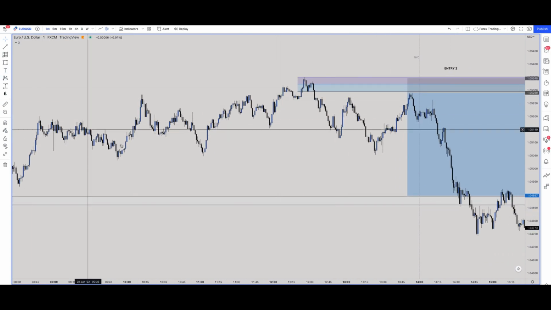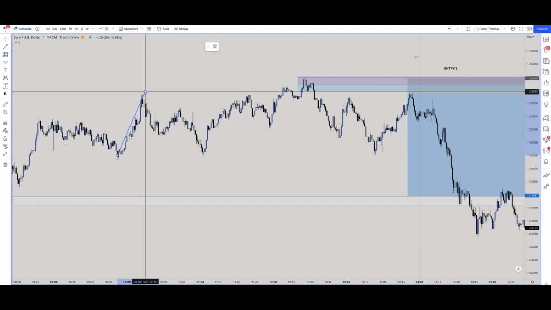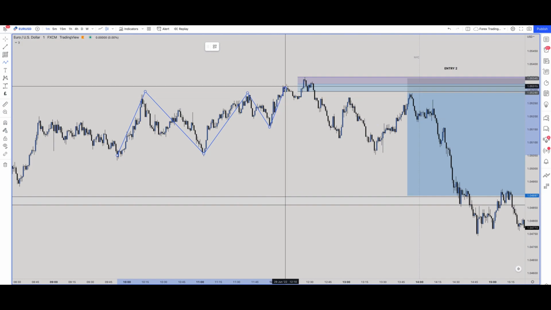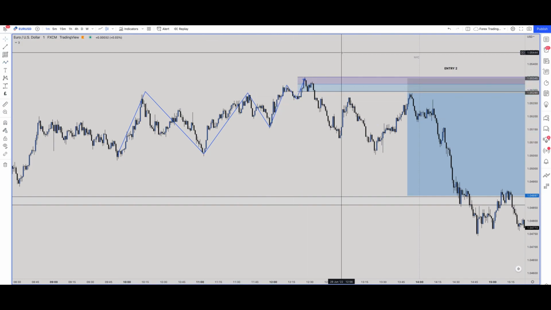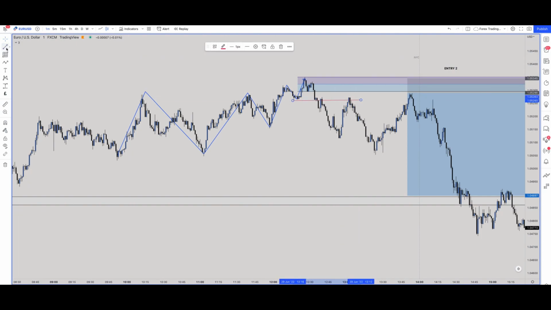And you can clearly see, again, looking at structure, higher highs, higher lows, higher highs, higher lows, higher high, higher low, higher high. So again, if you want to wait for that lower time frame confirmation, you can see break of structure 1, break of structure 2,